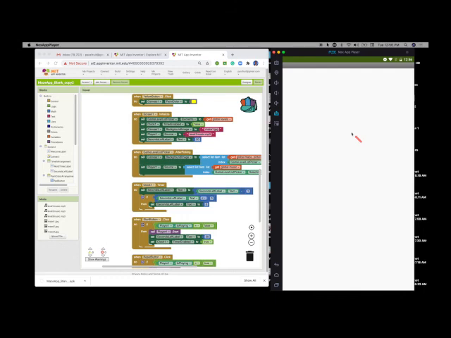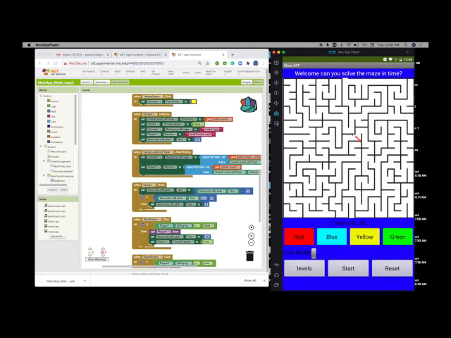Perfect. So that's another way you can connect, with the code, just by going here, connect to the AI companion. It's going to give you the code, and you're good to go. So you can just start